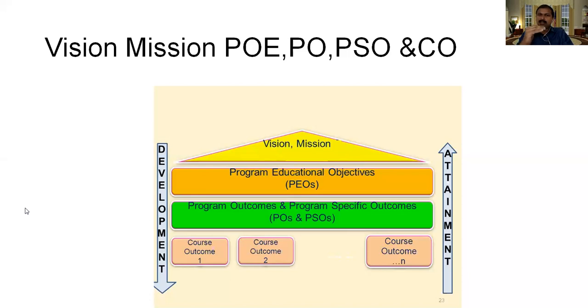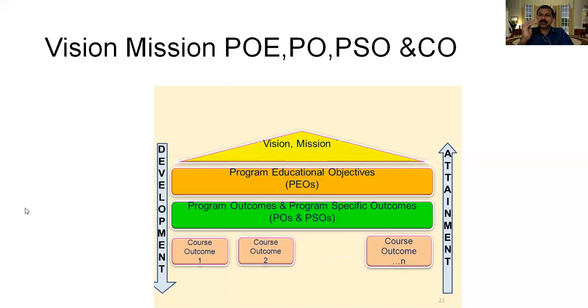So we start from the mission and vision statements of the college. Then we define the program educational objectives. If we want to meet the mission and vision, what should our program educational objectives be? Program educational objectives are the post graduation objectives of the institution. And if the students of our institution have to achieve these program educational objectives, what qualities and skills must the students have in general once they are out of the campus? If we can define this, then these are the program outcomes.